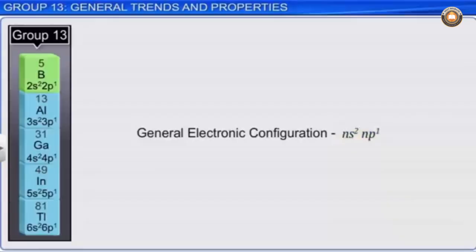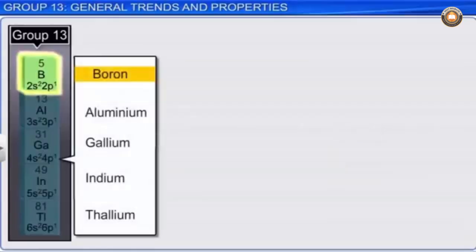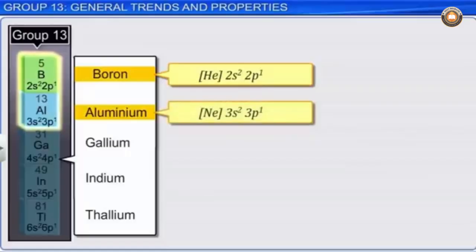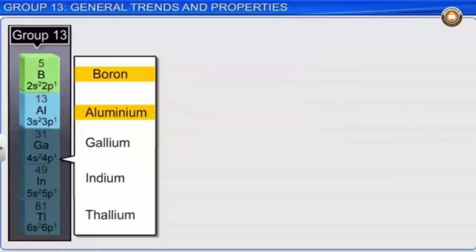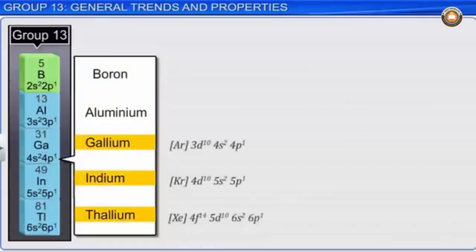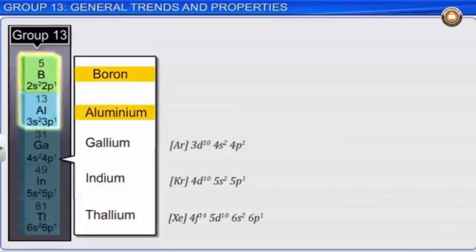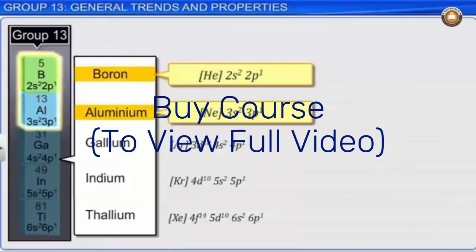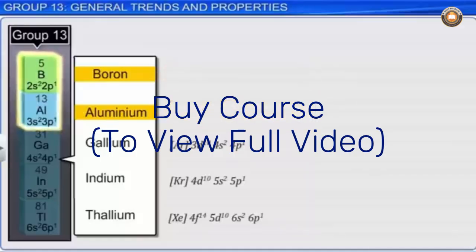The electron configurations of the group 13 elements all end as ns2 np1. For example, consider the electron configurations of boron and aluminium in noble gas notation. They both have 3 valence electrons. However, if we look at the electron configurations of the rest of the family, we see quickly that they are all more complex than for the s-block elements. This complexity affects the chemistry of this group. While boron and aluminium have core configurations identical to the nearest noble gases, as we saw just now, gallium